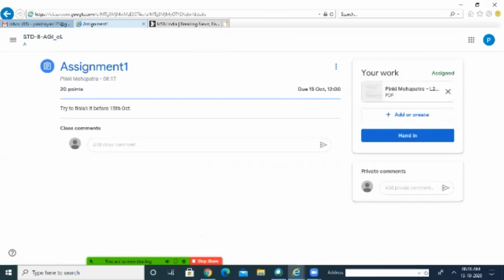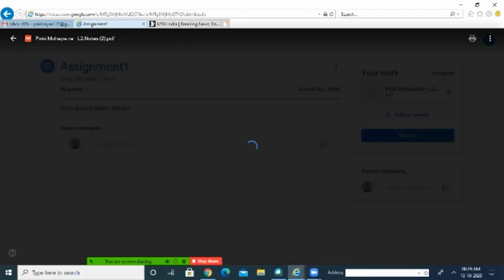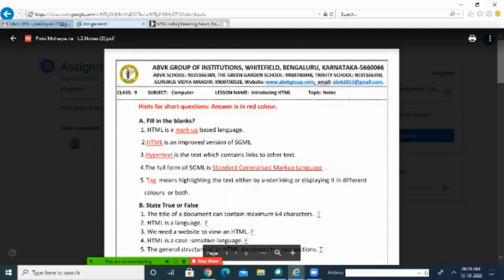Here I want to tell you one thing. In some browsers, this part will be displaying here, and only your work will be displaying on the right side. It depends on the browser version, so don't be confused if both are displaying here. So what will the students do? Students will see the assignment. What is the assignment? What are the marks here? It is written. So this is the assignment for the students. The student reads that assignment. Now what will the students do?